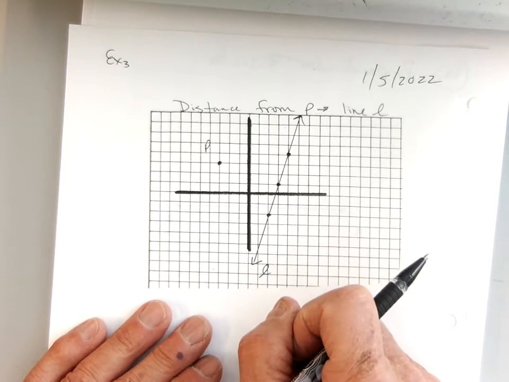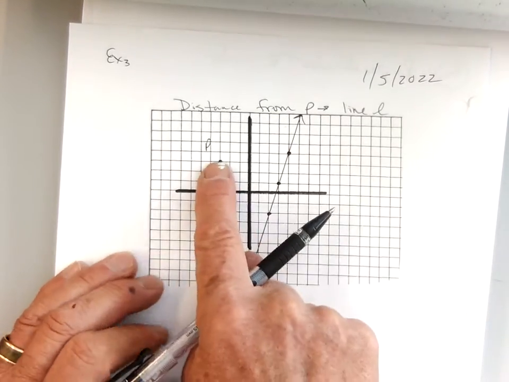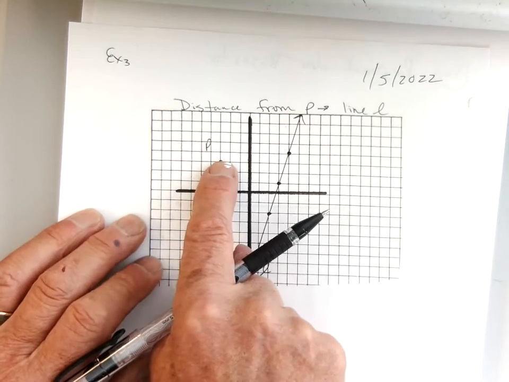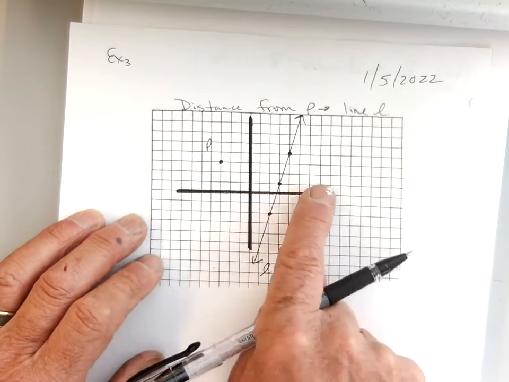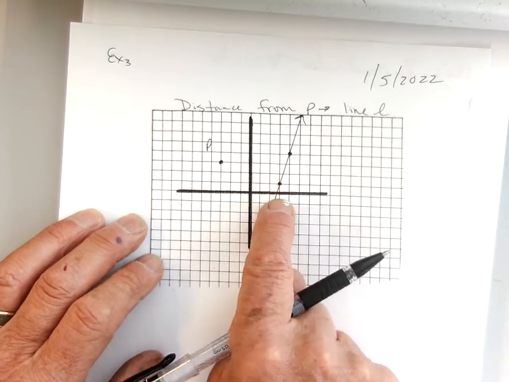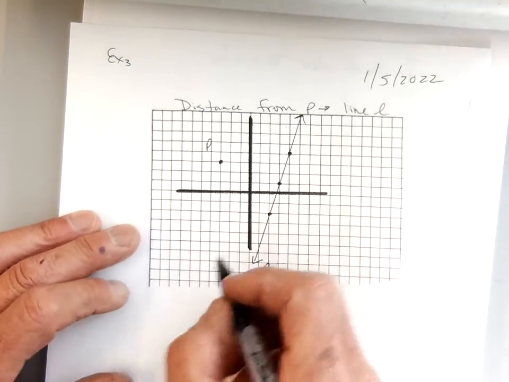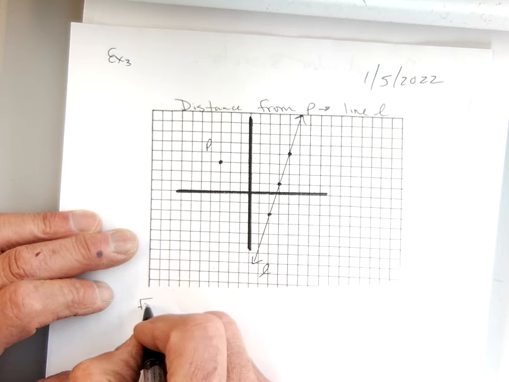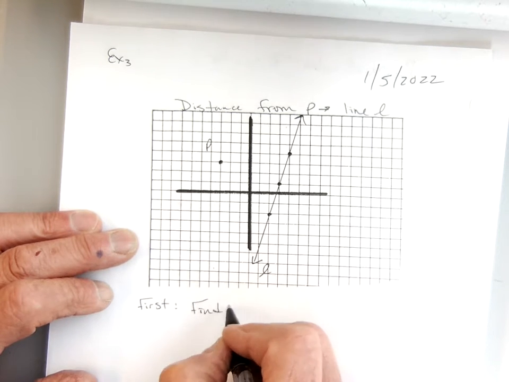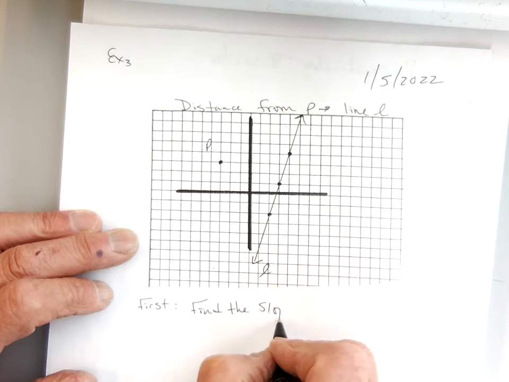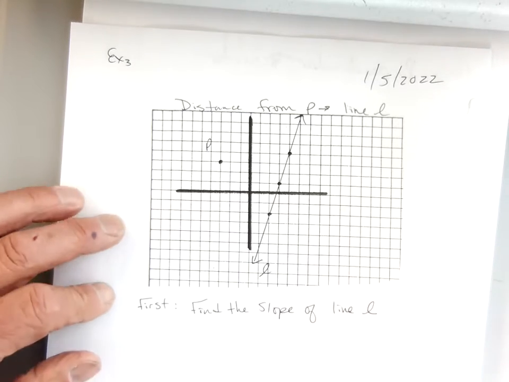So it says distance from P to line L, okay? So if I'm here at P and I want to go to line L, I'm going to go straight across, right? So the way I want to tackle this problem is probably going to be this point here, wouldn't you think? But to make sure, first thing I'm going to do is I'm going to find the slope